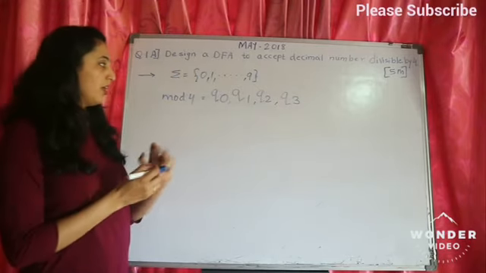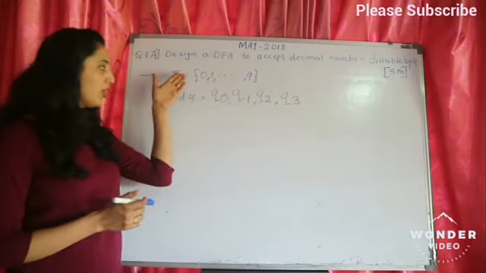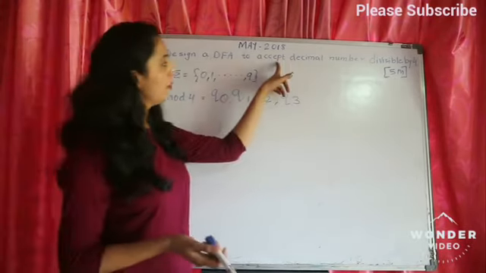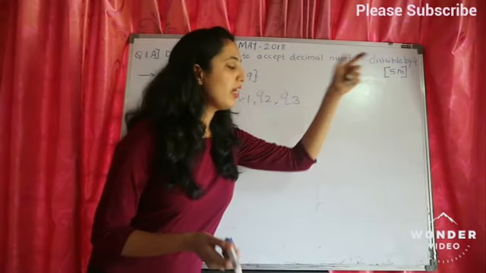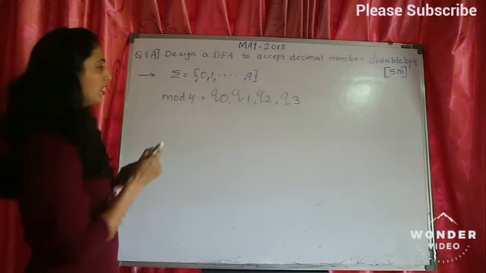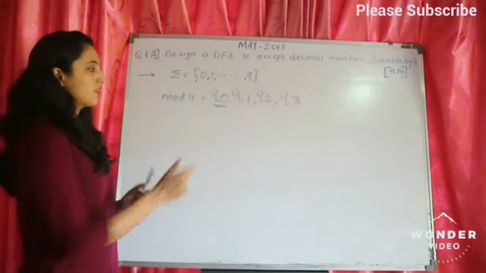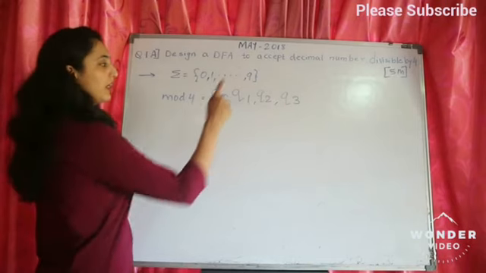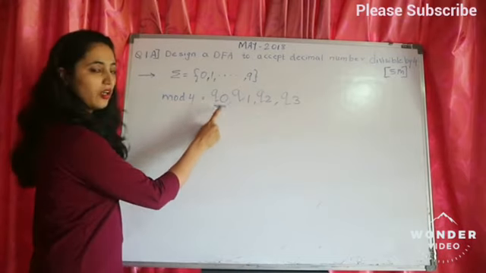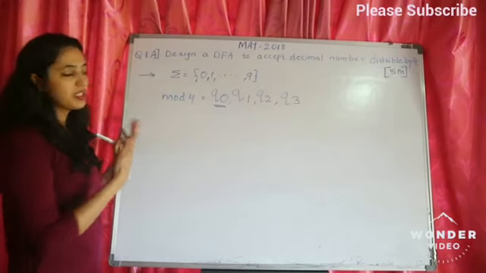Now, we will be having these 4 states and the numbers are going to be from 0 to 9. So input we have found and we have also found what the states are going to be. When we are going to accept the number, whenever any number is divisible by 4, what is the remainder? That time the remainder is 0, which is Q0. That's why Q0 is the state where we are going to accept this decimal number. Now let us start with designing this DFA.